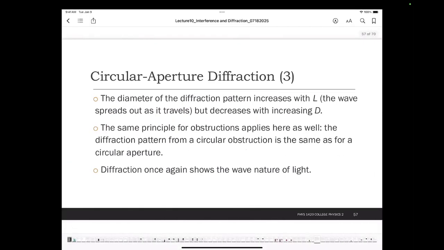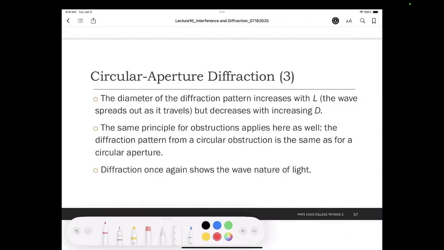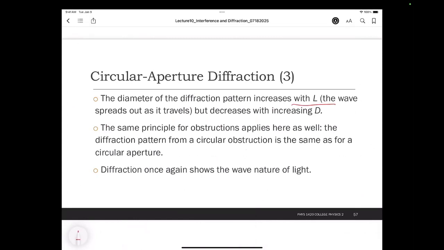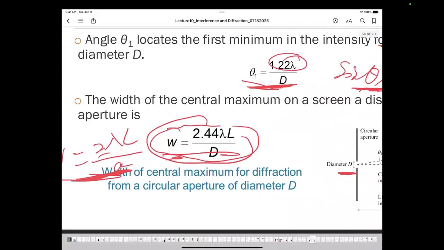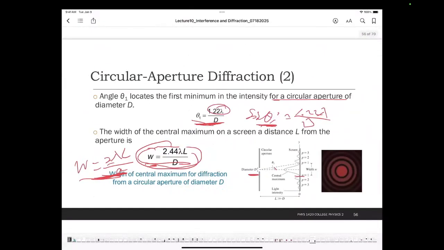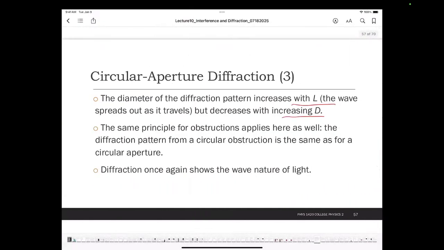Okay. The diameter of the diffraction pattern increases with L, the wave spreads out as it travels, but decreases with the increase in D. You can see here, according to this equation, the diameter of the diffraction pattern increases with L, but decreases with an increase in D. Okay, and the same principle for